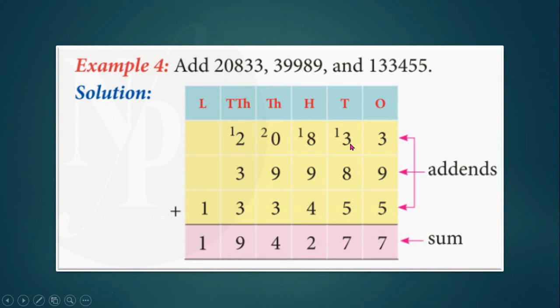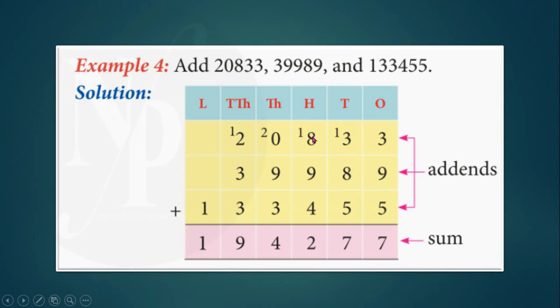1 plus 3, so here always the digits represent tens: 1 ten, 3 tens, 8 tens, 5 tens. You should know that. So in each place, the digits represent the numbers of the places given above. So 1 plus 3 is 4, 4 plus 8 is 12, 12 plus 5 is 17. So 7 is written here, 1 is carried forward to the next place or hundreds place.